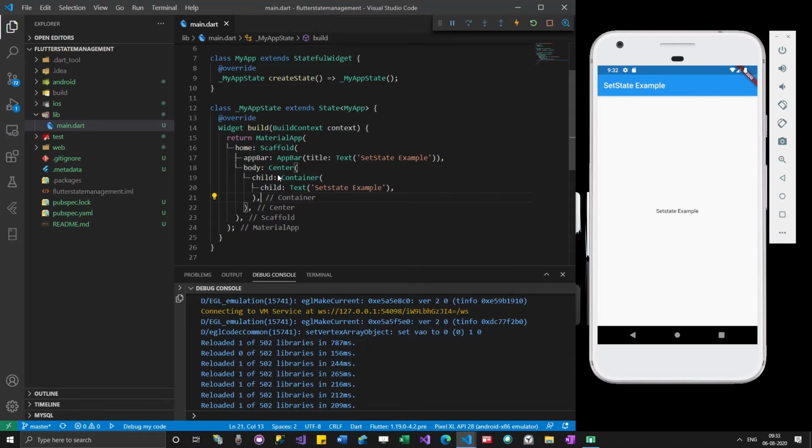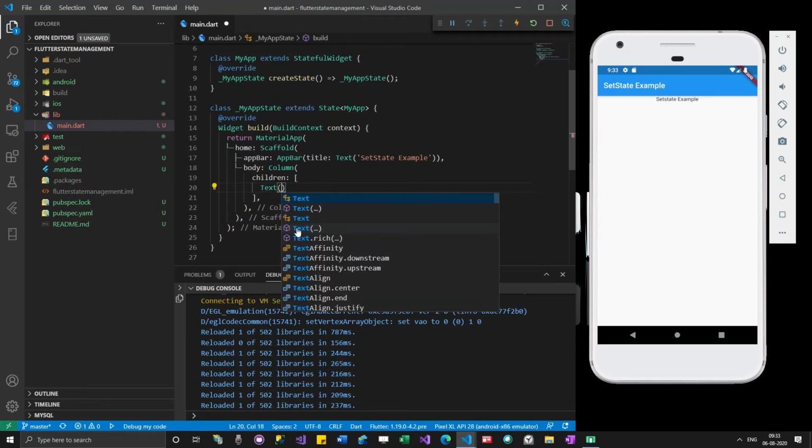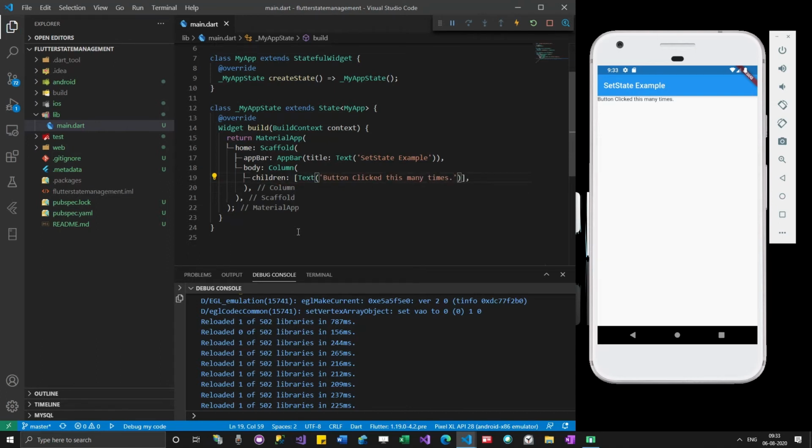So now let me take a column, remove the center, and take some text.